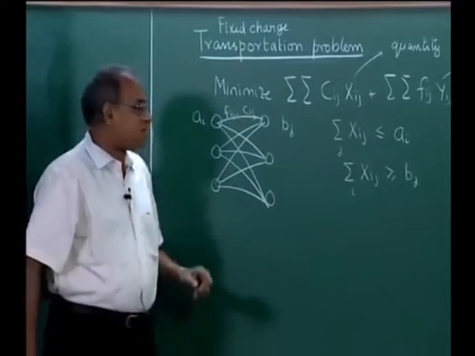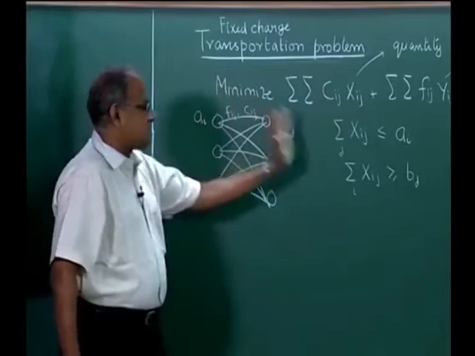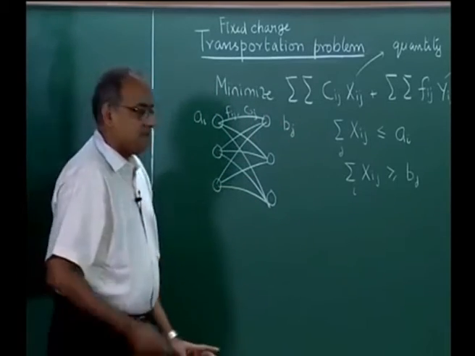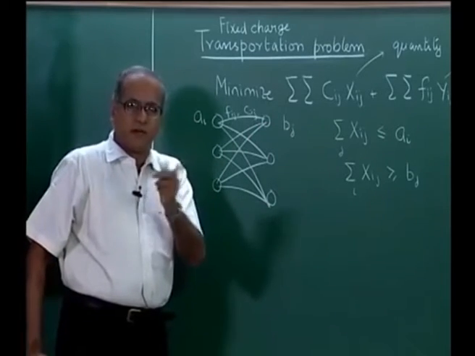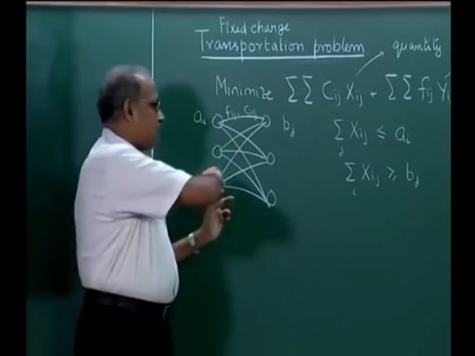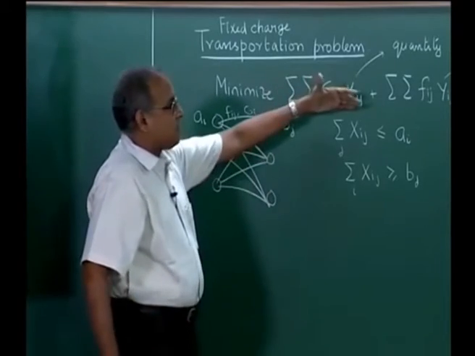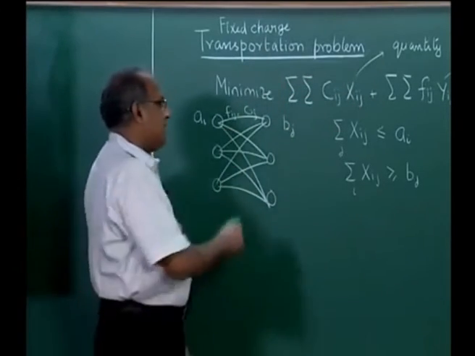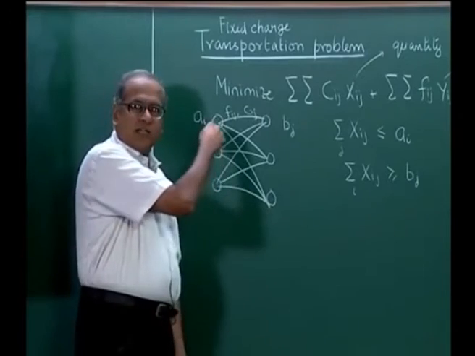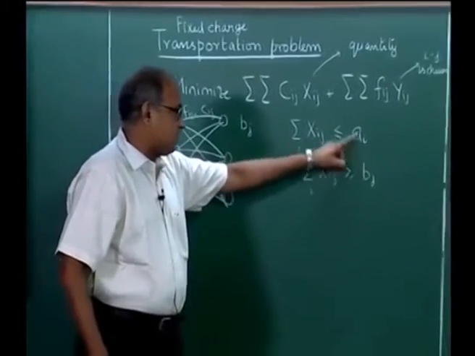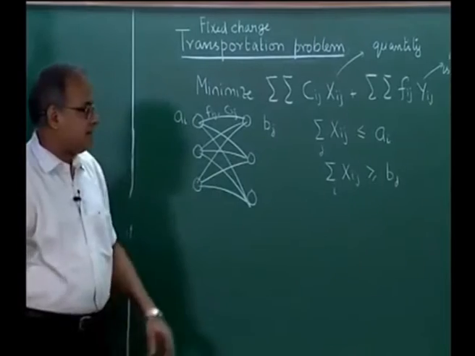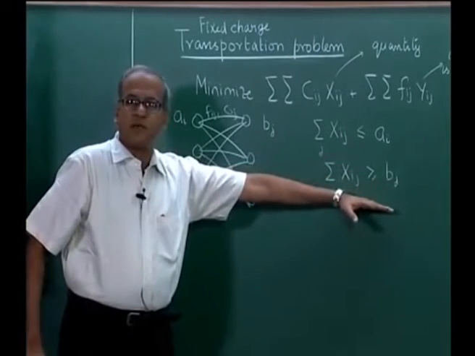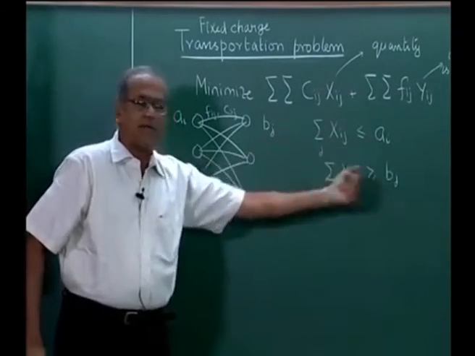Now, if we have a situation where the total supply exceeds the total demand, then all the demand will be met, and more than the demand will not be given, because if we have to transport more than the demand, the total cost will only increase, and some of these supplies will not be utilized fully. So, the same structure will hold. Only if we have a situation where the total demand is more than the total supply, then this formulation would give us infeasibility, because it will not be able to meet all the demand.